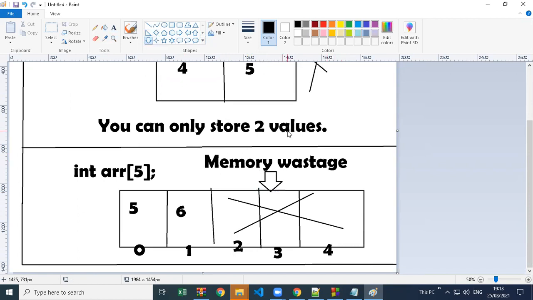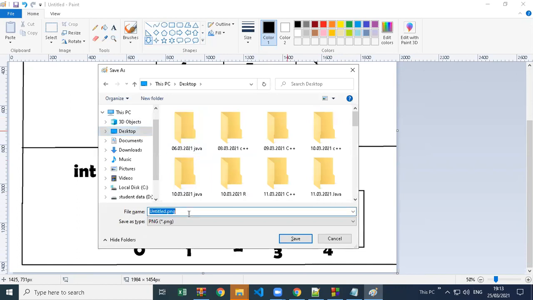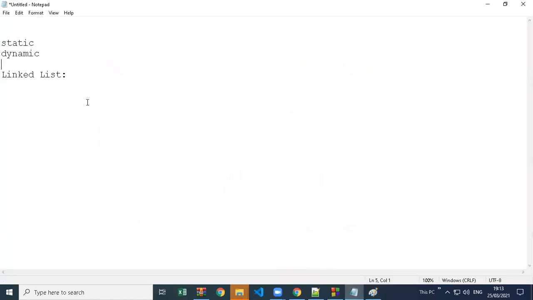Now how can you overcome this problem? This is your static array. Static array means once you create the array, its size is fixed. After running the program, you can only put those values. Let's say you have an array of 100 values and you are just storing 3-4 values using your code, with a loop that repeats 5 times and stores 5 values. So 5 values are stored, but the other values are wasted, and it cannot grow or shrink at runtime.